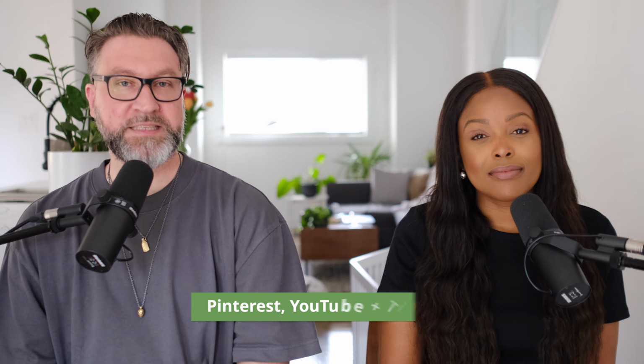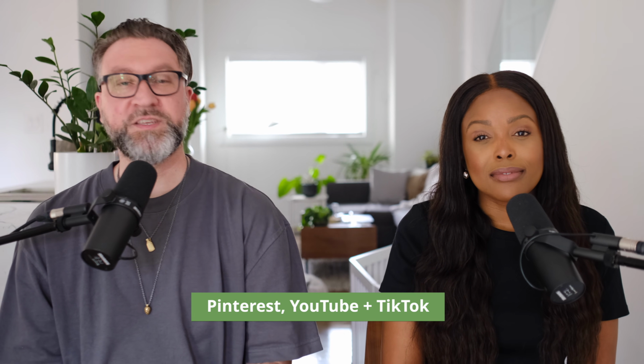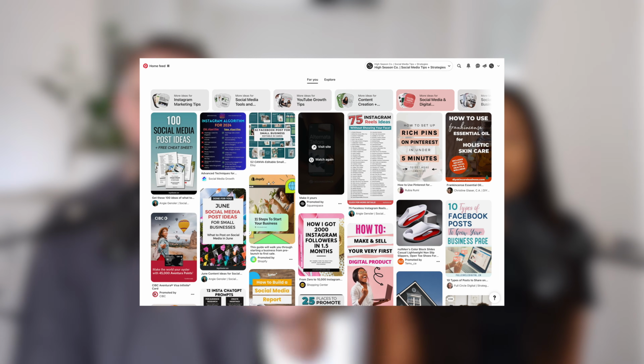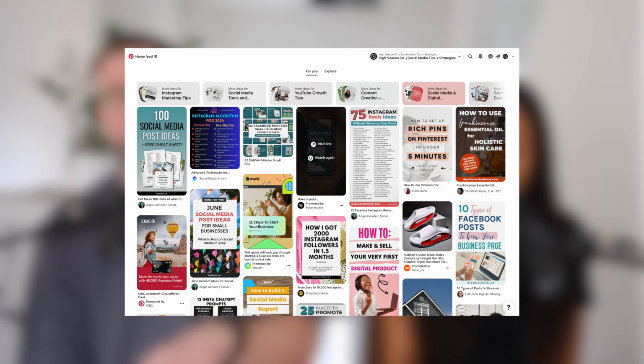The next platforms are Pinterest, YouTube, and TikTok. A great way to find content inspiration is to search for your keywords or titles within those apps, and a whole bunch of different content will come up to give you an idea of what people are actually posting on those platforms natively. Pinterest is really great for static asset ideation, something like infographics or carousels, and you can also